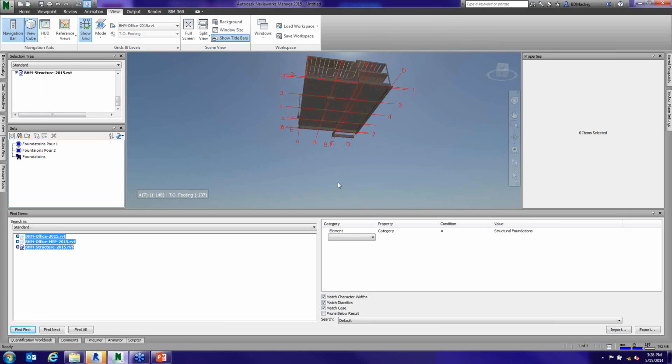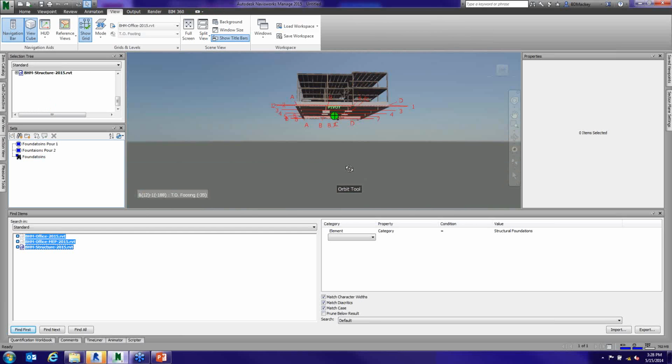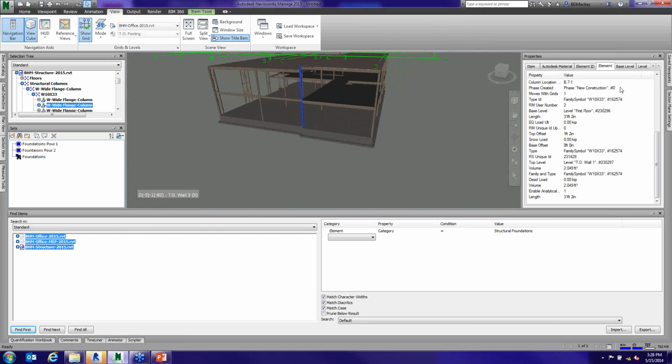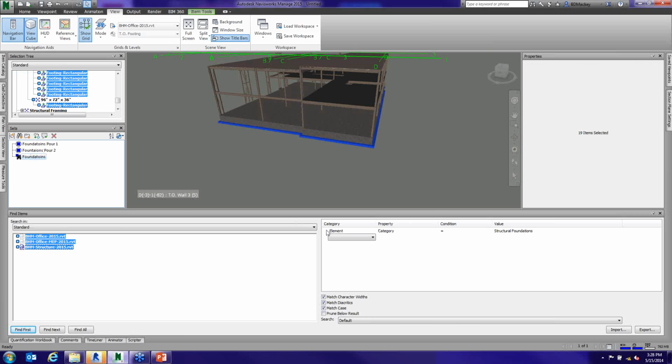So that's kind of what I love about this. So I can go through here and start creating search sets. If I grab this, I can say, hey, I want to come in here and search for a structural category of structural columns now. What I love about this too is if I pick on one that I've already had selected, it pulls it up in the find items. So now what I can do is just change it from structural foundations to structural columns, save the search, and call it structural columns. Rename it,